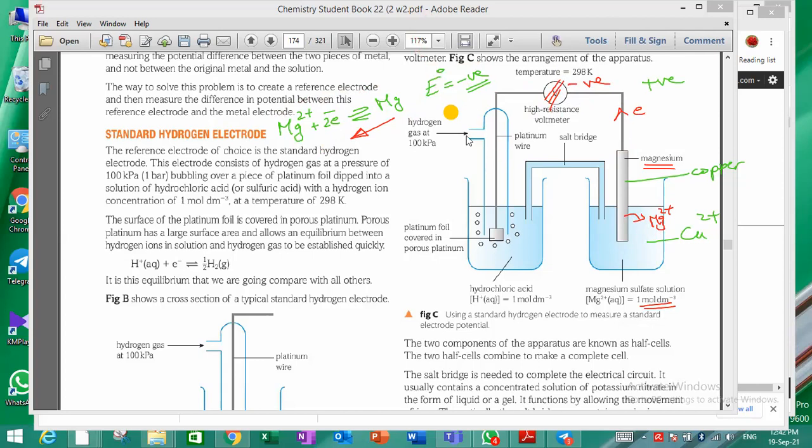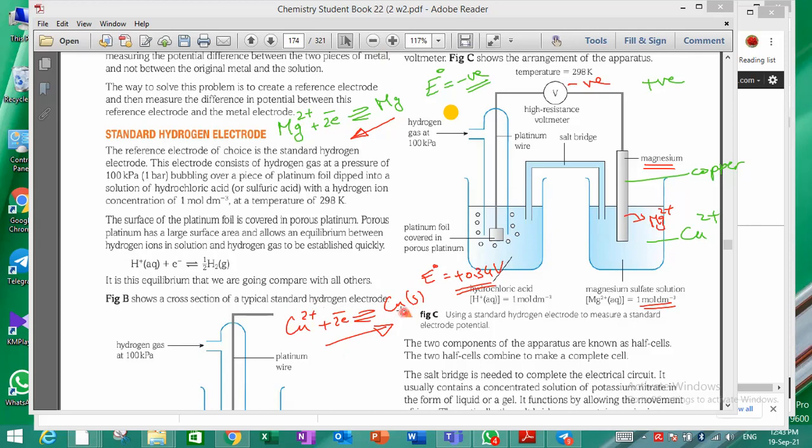But if we get a positive value, like in the case of copper, for example, we have copper ions plus 2 electrons gives copper metal. We see that the E naught value here will be a positive value, I think 0.34 volts. This is a positive value, which means that the forward reaction is favorable, that the copper ions would like to gain electrons to form copper